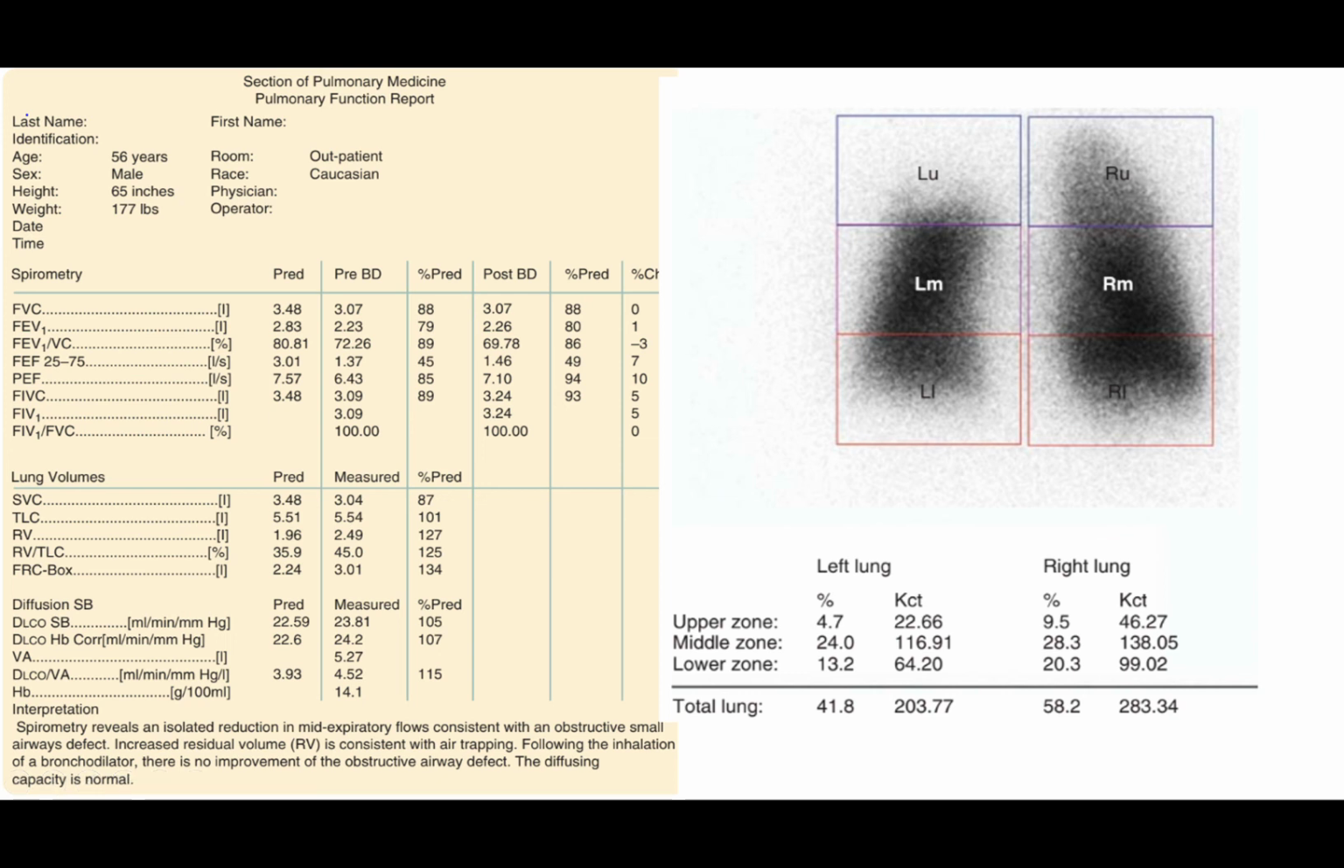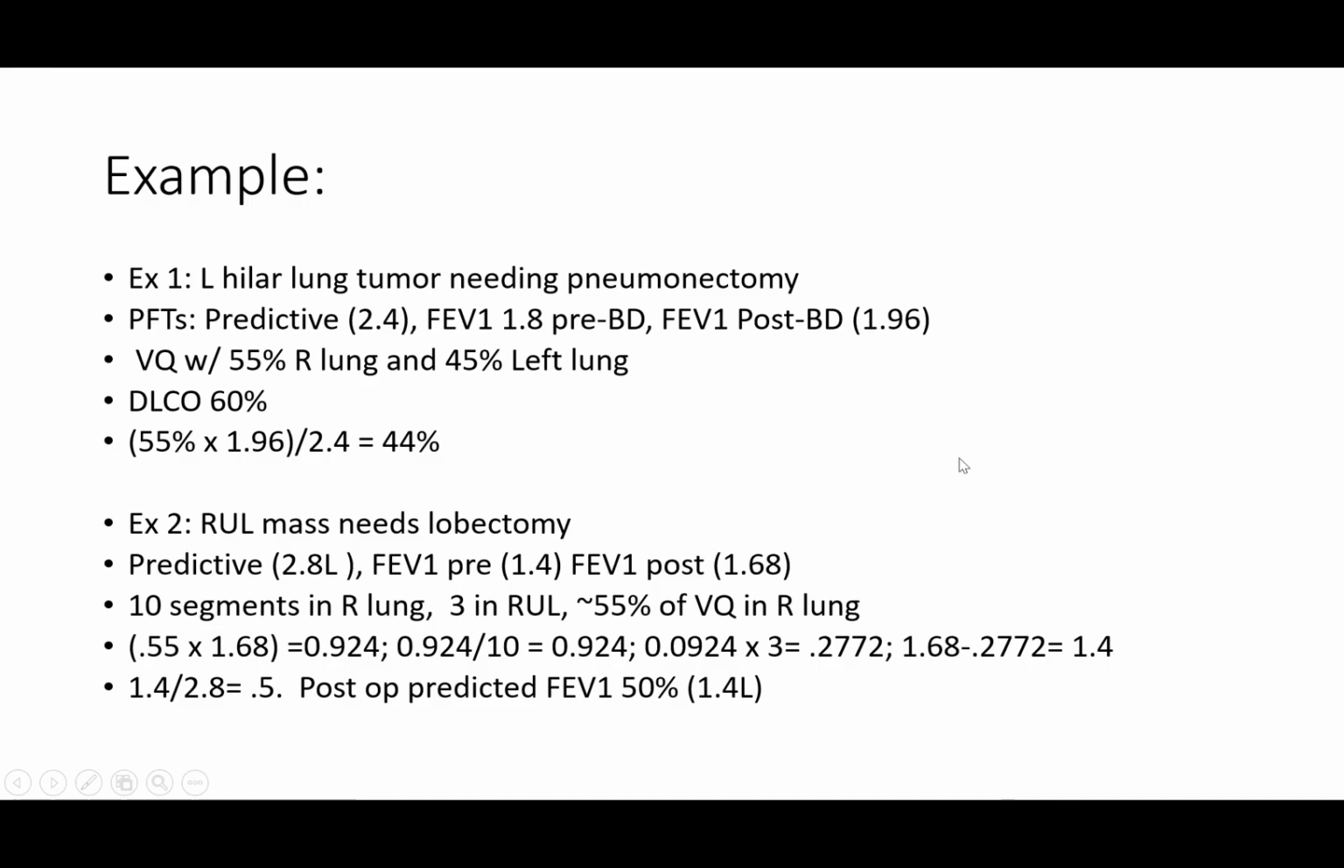You can see the predicted post-left pneumonectomy right lung function can be obtained here, and we'll go over how to calculate that in a second. So with that last one, you have a left hilar lung tumor, and they need a pneumonectomy. All right, they're predicted from their PFT. Their predicted FEV1 is 2.4 liters. Their pre-bronchodilator is 1.8, and their post-bronchodilator is 1.96. So that's their best expected